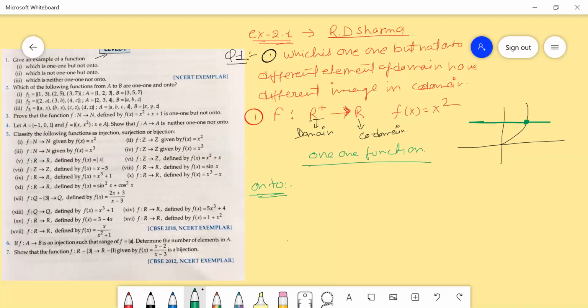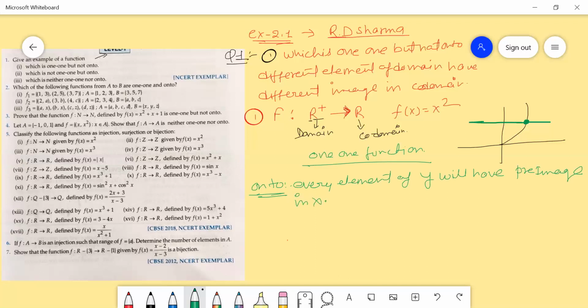Every element of the second set, that is Y, will have a pre-image in X, right?